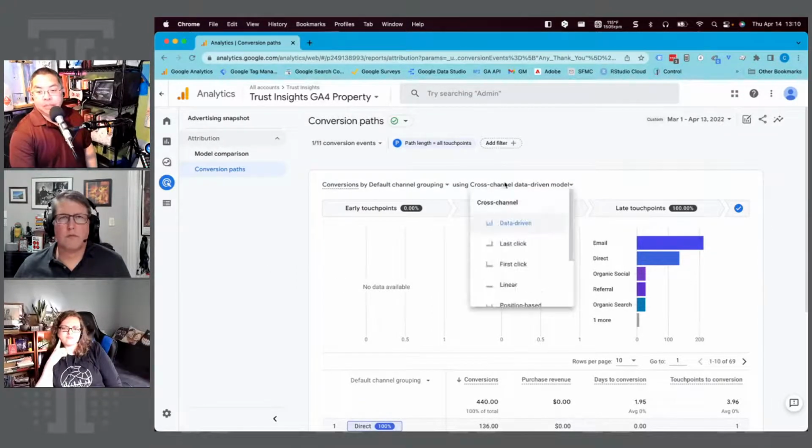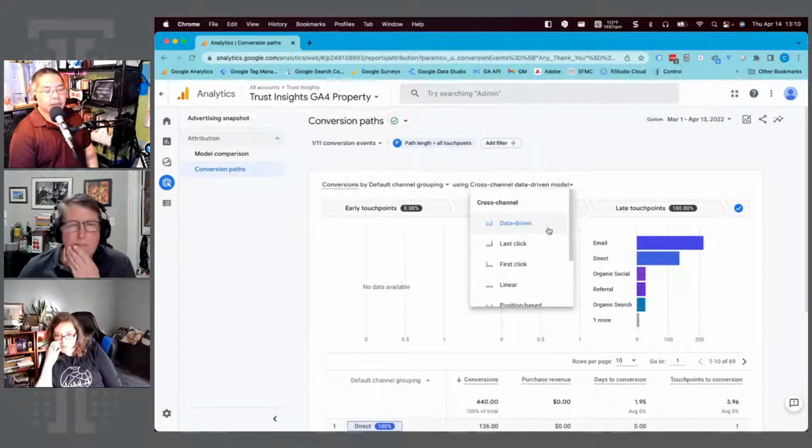The first thing we're going to look at is the conversion models available to you. You have data-driven, last click, first click, linear, position-based, time decay, and ads preferred last click. This one here, the data-driven, is Google's preferred default model. And